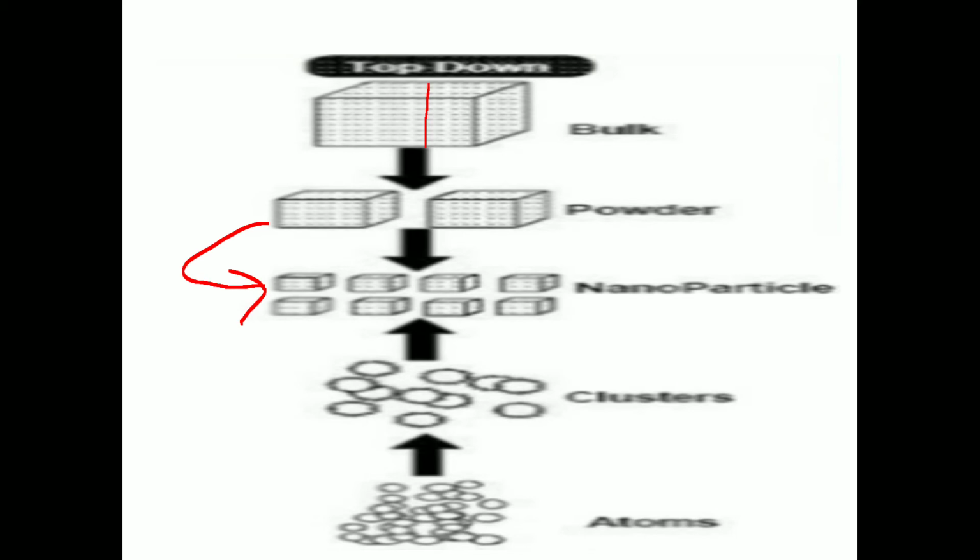But in the bottom up methods, atoms are combined with each other to get molecules, molecules combine with each other to get clusters, and then clusters assemble with each other to get the nanoparticles. The main difference between top down and bottom up process is that in the top down method we use the bulk material, but in the bottom up we use very small particles, that is atoms. And in the bottom up process there is assembly of atom by atom, but in the top down method there is disassembly of the bulk solids.